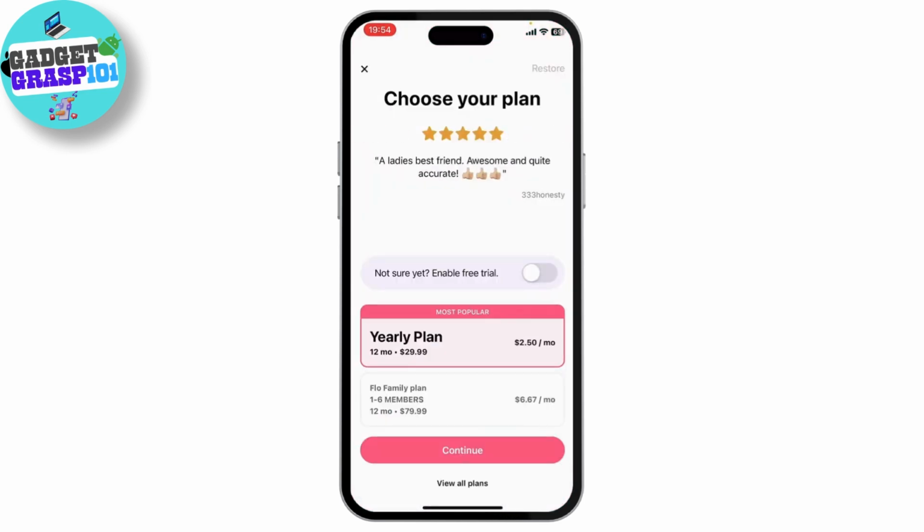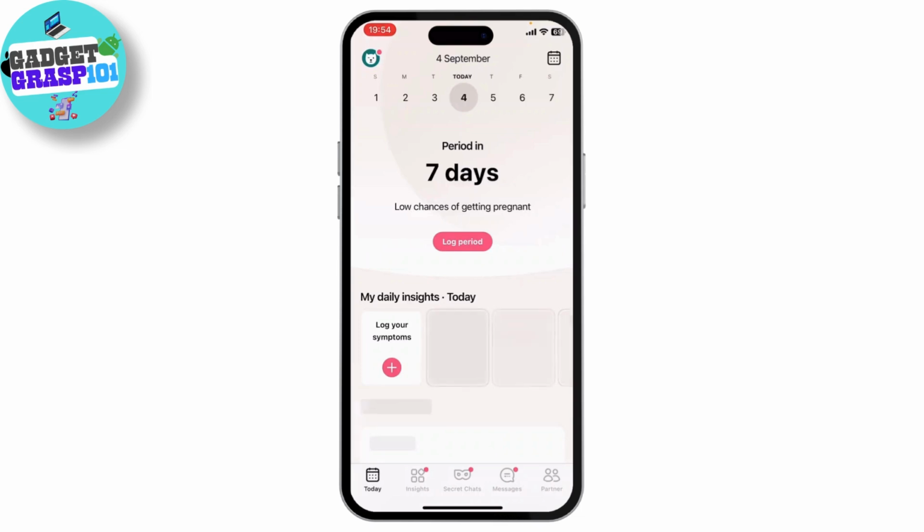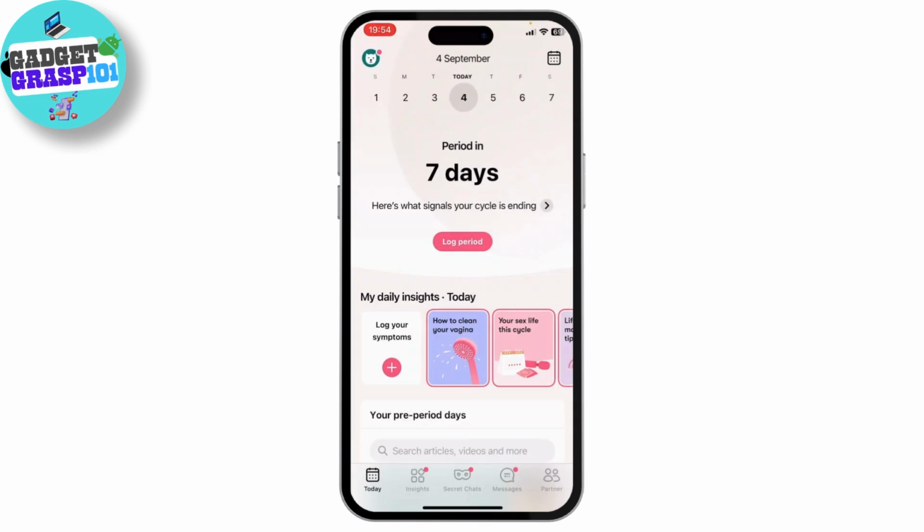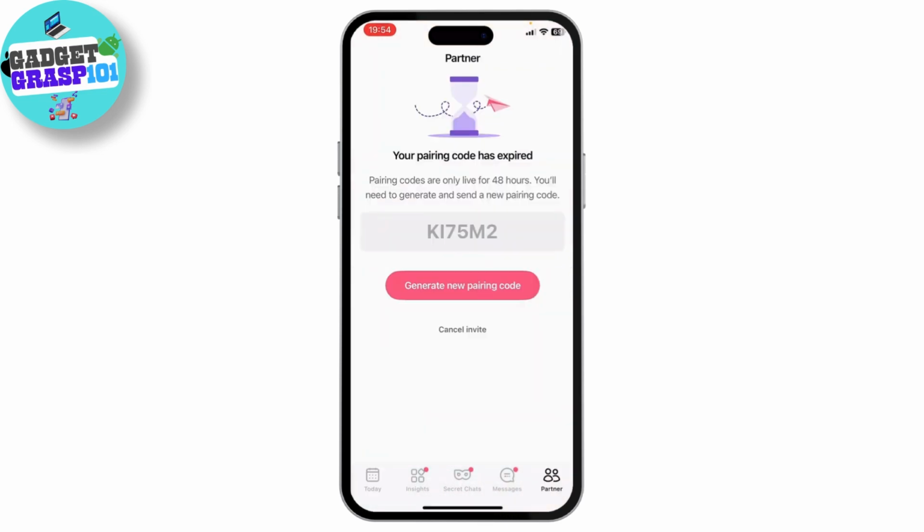Now after you've opened it up, you will see the first initial page right here. I'll just cross this. Now this should be your initial page right here. Okay, there are too many pop-ups. Anyways, so after you do that, just go to your partner option right there and you will see the pairing code right here,